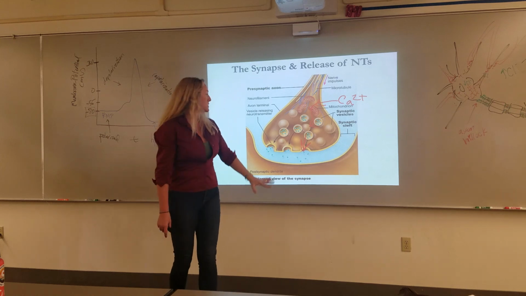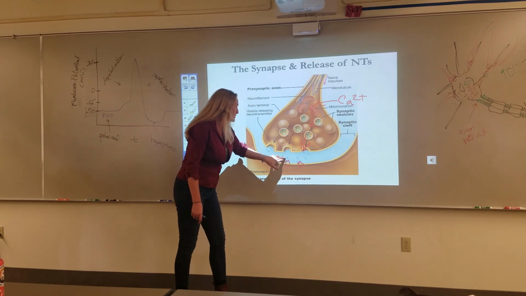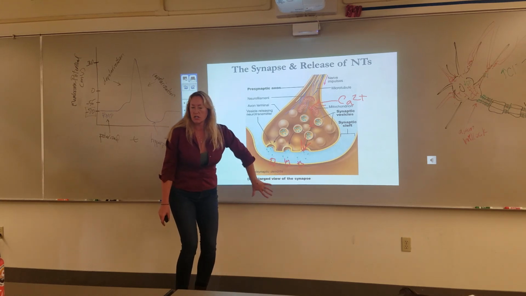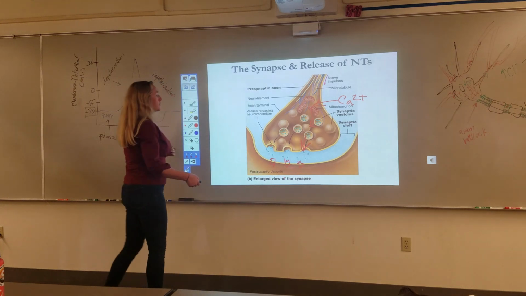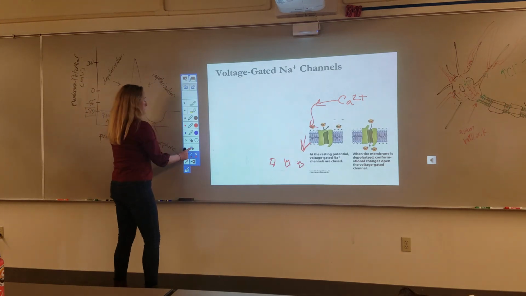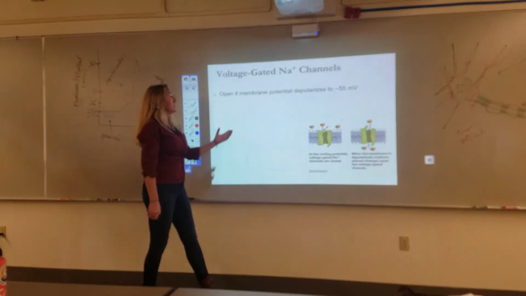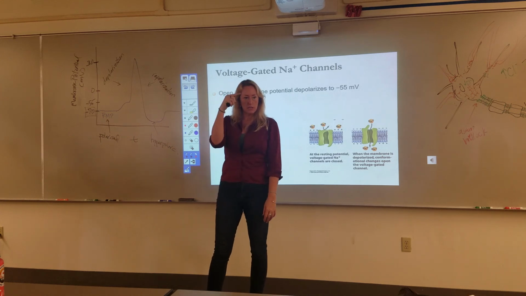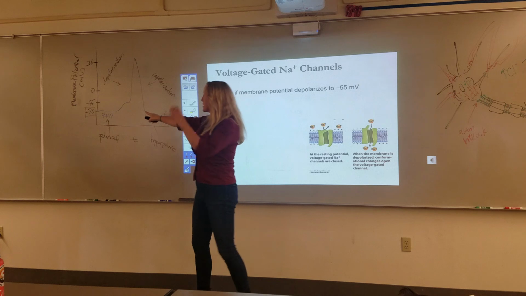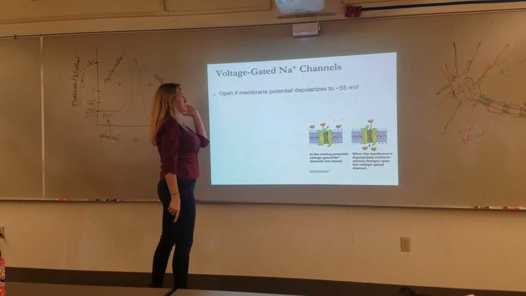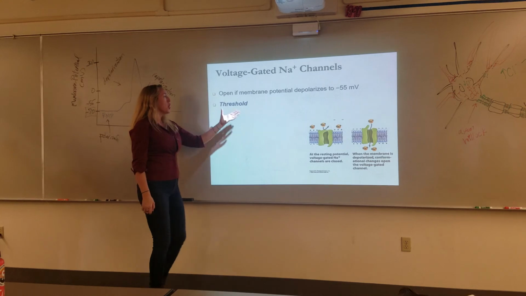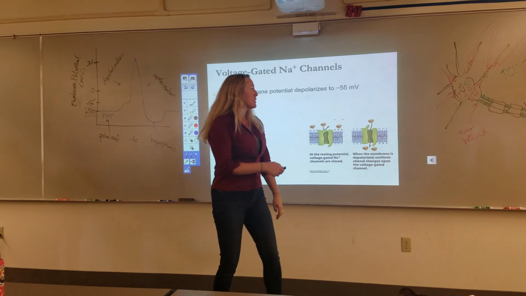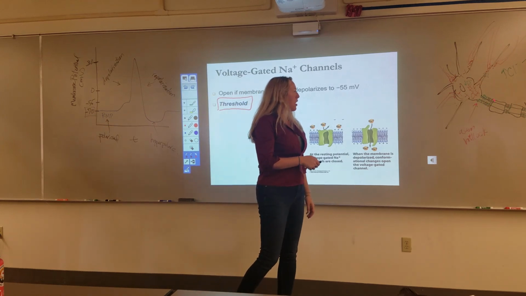That exocytosis releases neurotransmitters, and what they should have drawn are little specific receptors that respond to those neurotransmitters. Then that can change the charge in this postsynaptic or downstream cell, and it'll determine if it fires or not. So voltage-gated sodium channels, these are the ones that really do it. If the membrane potential depolarizes to minus 55, you see I did that little blip there, and then it flew up. If the membrane potential reaches plus 15 millivolts higher than where it started, approximately minus 55, we call that threshold, and that is the voltage that opens voltage-gated sodium channels